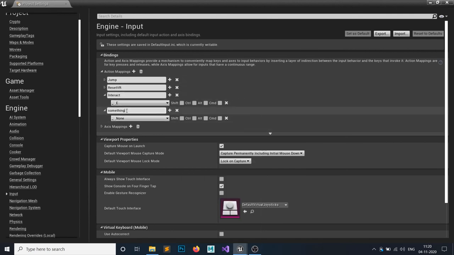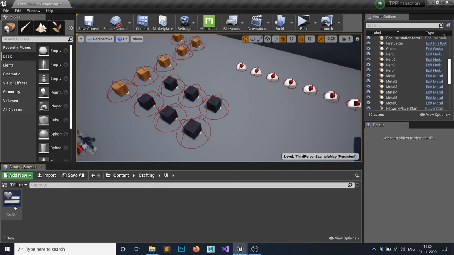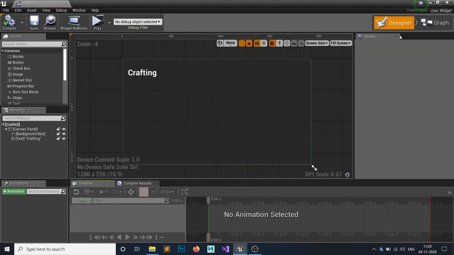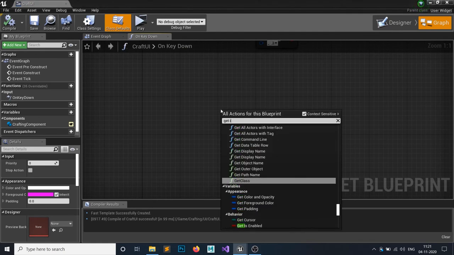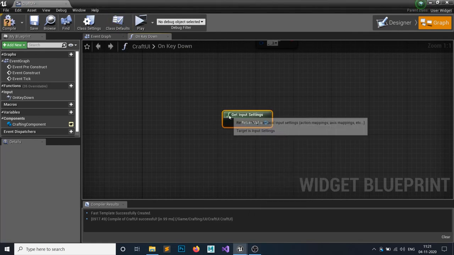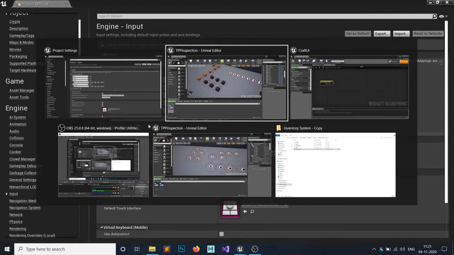And how are you gonna access all these inputs? So you can see in whatever blueprints you open, if you right click and get input settings, you can get all the input settings.